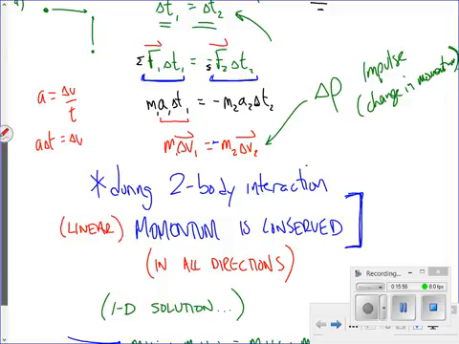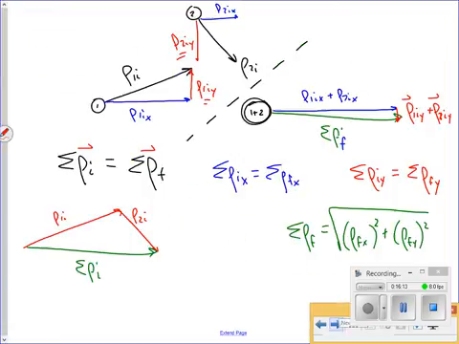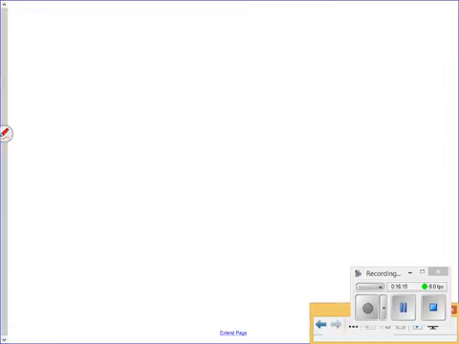For a system of point masses, it doesn't have to just be two objects. It can be n number of objects. Okay? Now, when we don't deal with simple point masses, when we deal with things that have shape,